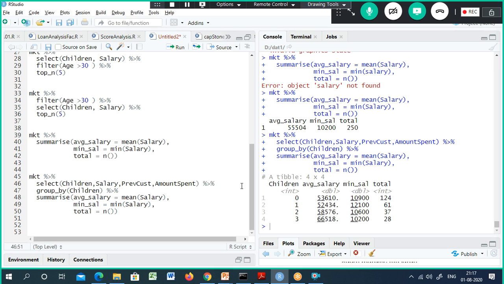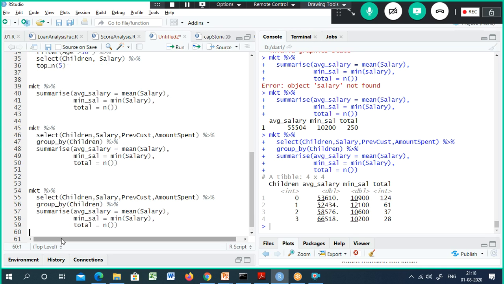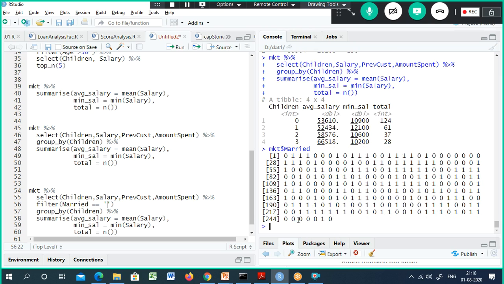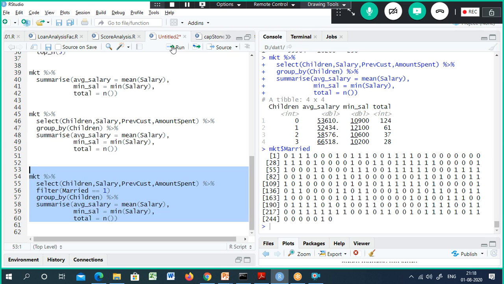So to verify that, you use a filter here. 1 is married, so instead, we will specify 1 here. 0 is unmarried, single.